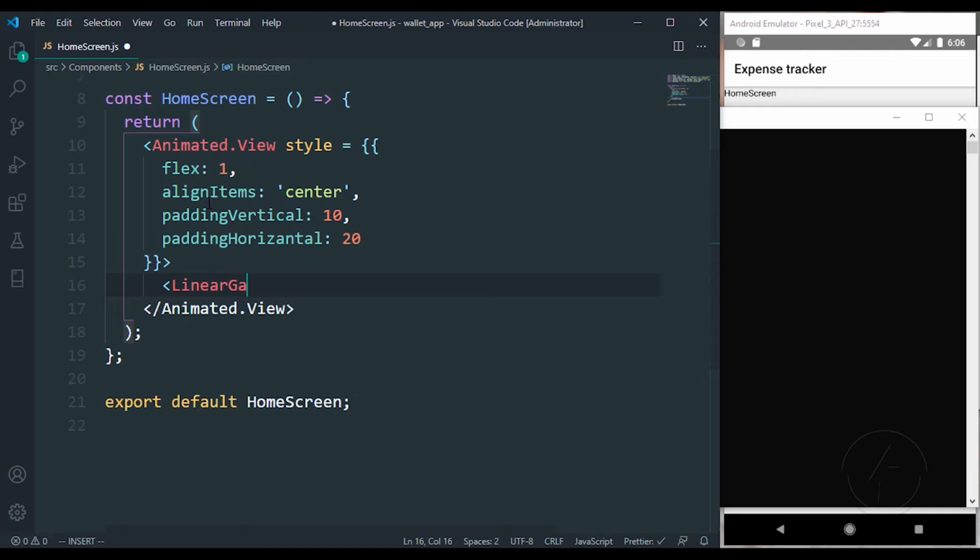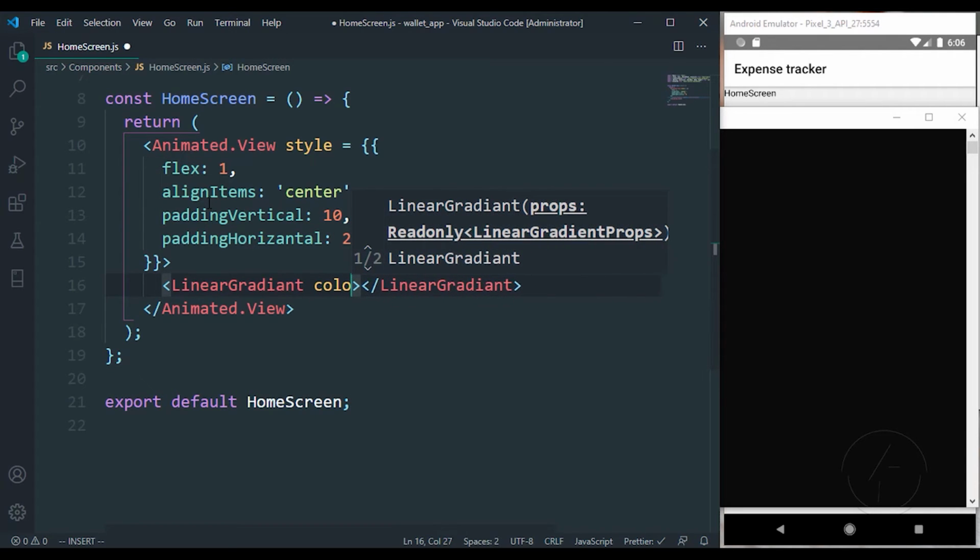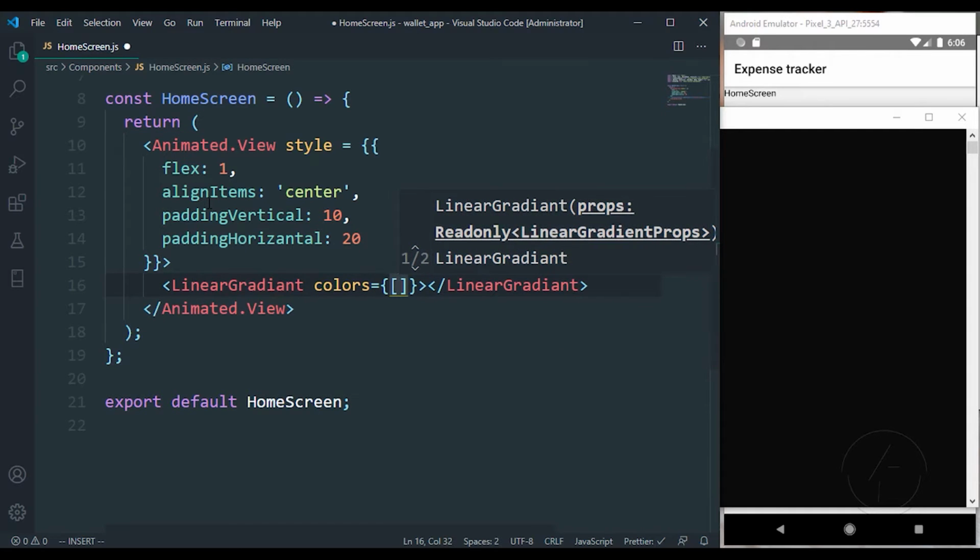Inside here we just have to get rid of that text, and we can make use of our LinearGradient. For the LinearGradient, it accepts a couple of things. The first one is the colors, which is an array.